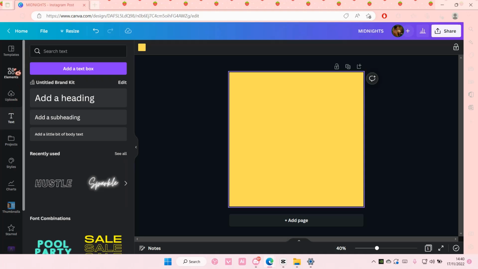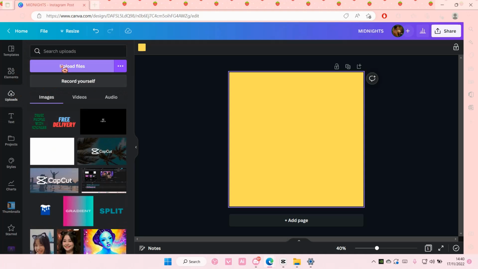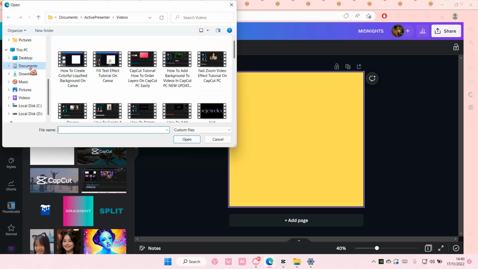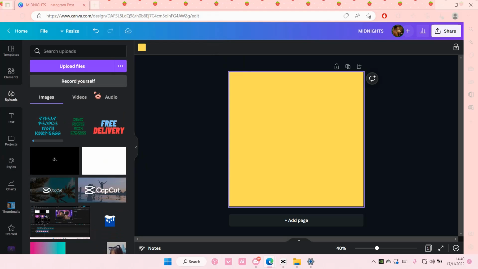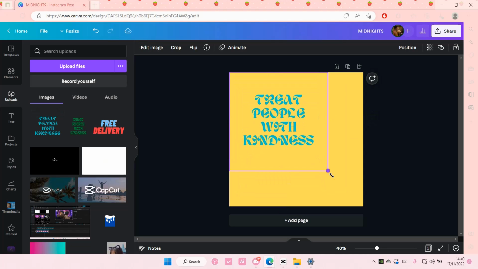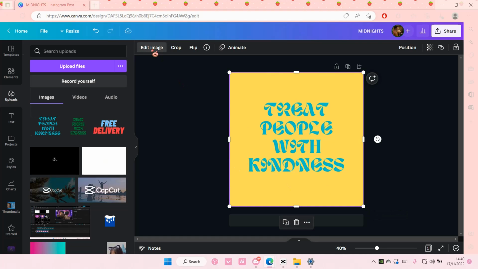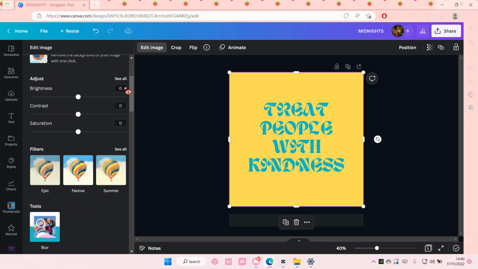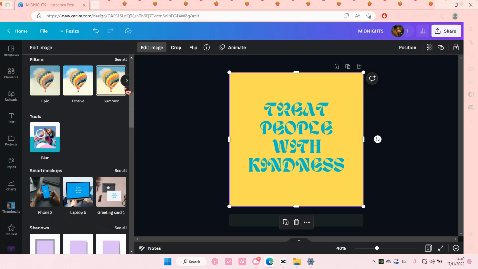Okay, then I'm going to upload that in here. I'm just going to add it to the canvas, and I'm going to then select edit image, and here you can add in image-like effects